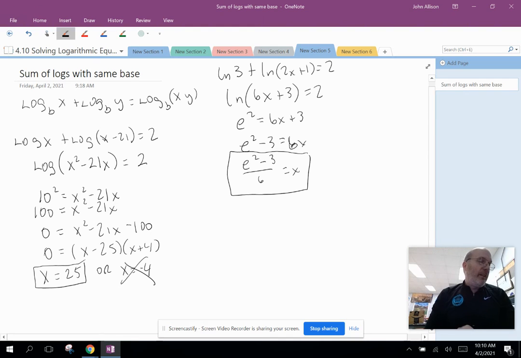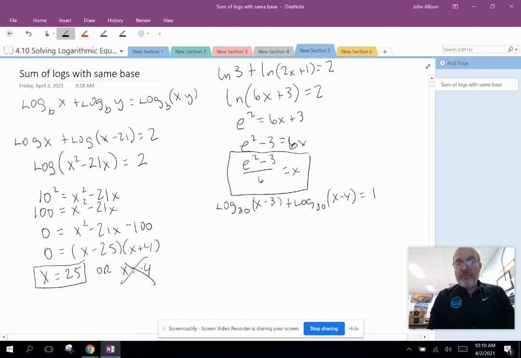Let's do one more with that. Let's do one that looks a little scary, but you'll see it's really not scary. Let's look at log base 30 of x minus 3 plus log base 30 of x minus 4